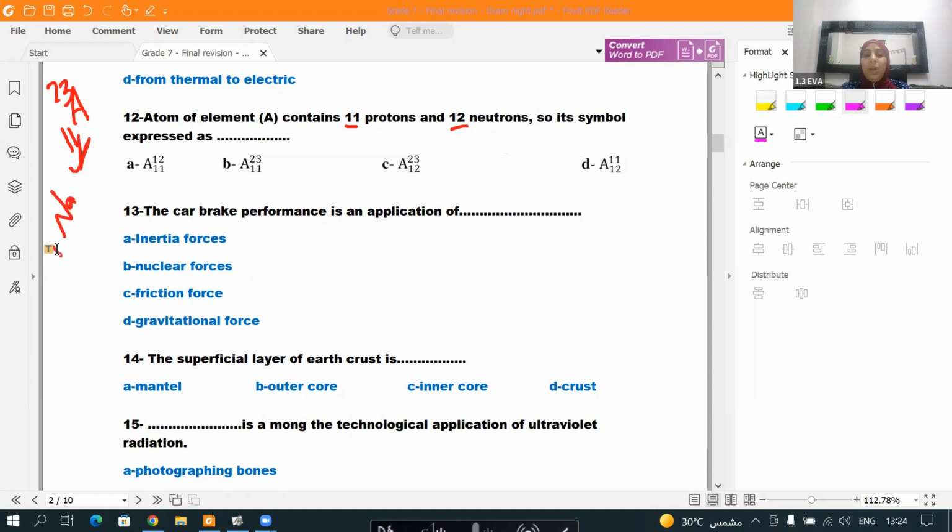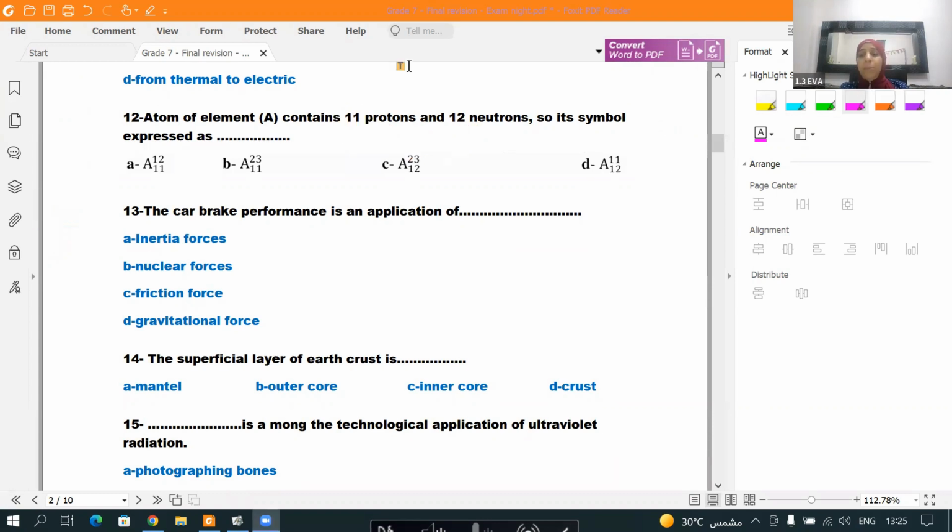So it can be any other element, but the idea is that you have to add the protons to neutrons to get the mass number, which is written here at the top of the letters. And finally, don't forget that the number of protons is equal to the number of electrons in any atom. Sometimes you will find the protons and the neutrons are equal, and maybe the protons are less than neutrons, but you will never find that the neutrons are lower than the protons, except for hydrogen, which contains only one proton and one electron, and there is no neutron inside it. Okay, go to number